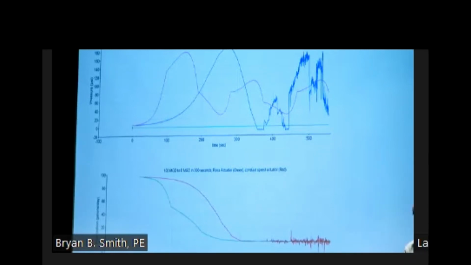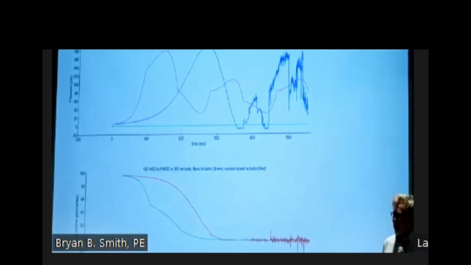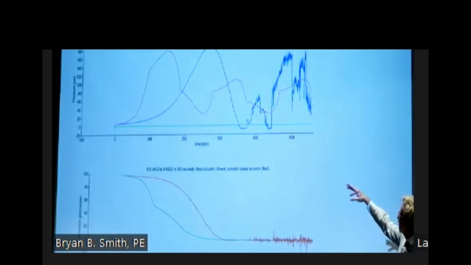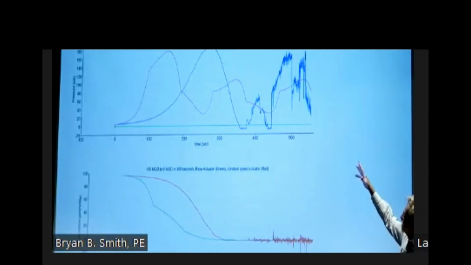Beautiful. Until somebody, and it wasn't the electrical engineer because he designed it properly, it was a disgruntled electrician. Does anyone know one of those? Pulled out the jumper. They closed the valve. The valve closed in 5 minutes. So the blue line is the valve closing in 5 minutes.